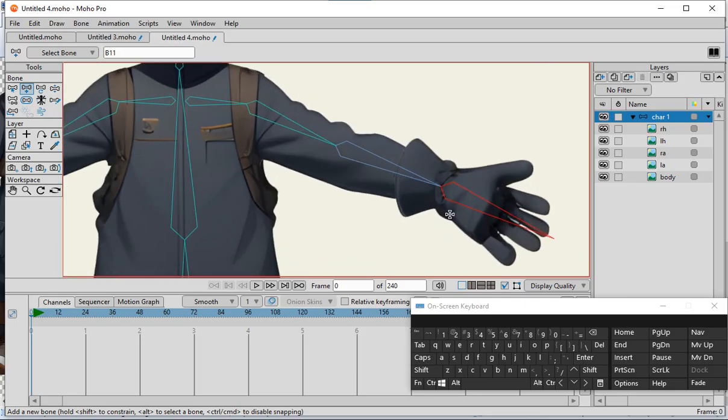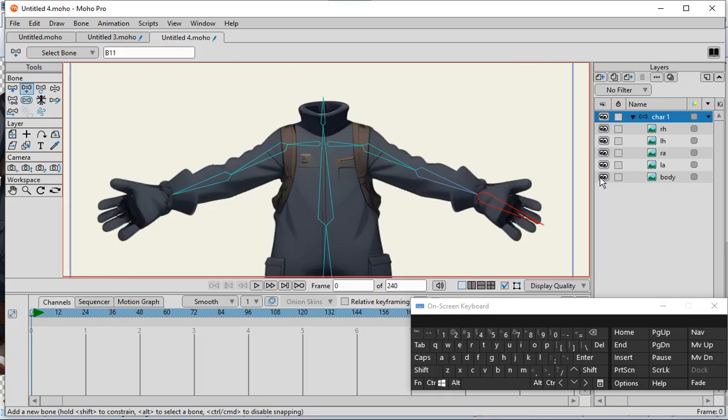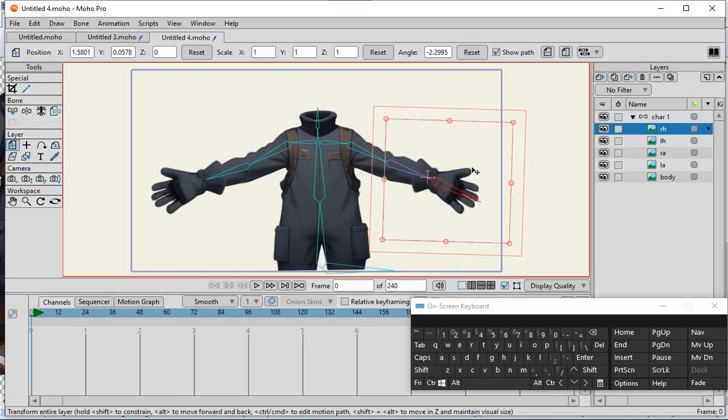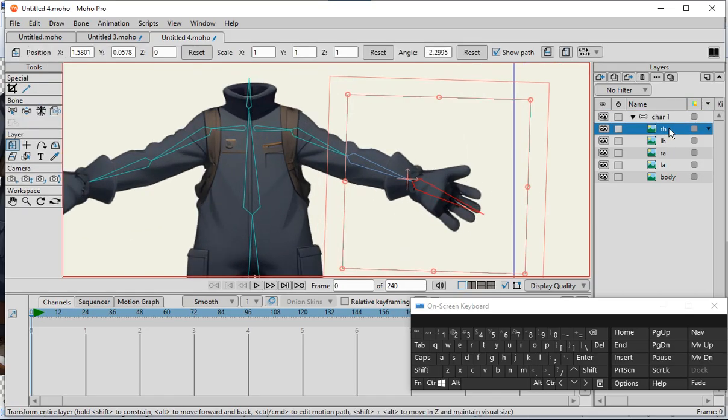Alright, and then since we have only one bone that's going to be associated with the hand, go to the right hand layer like so, left click on that,